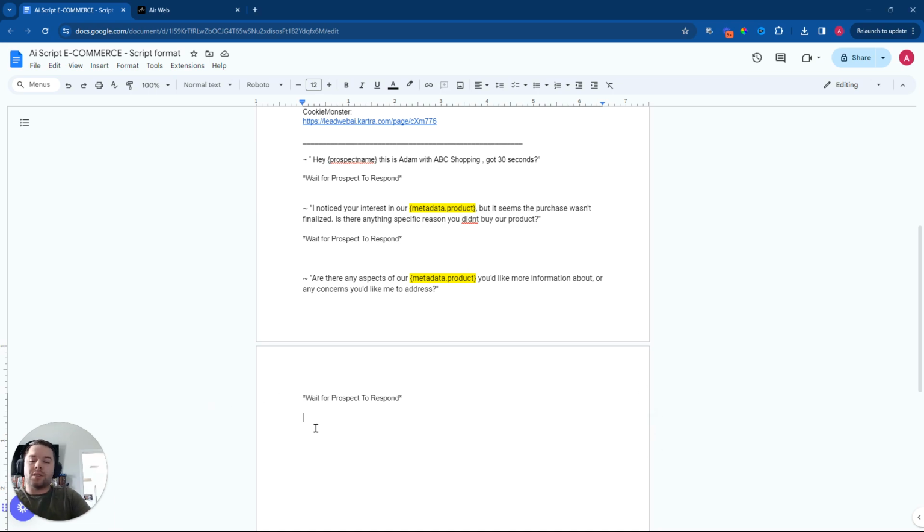Here we go. Now, this is the scenario that I was mentioning earlier. There's 2 different questions. Based on our discussion, do you believe the product best suits your needs? Are you prepared to make a purchase, or do you require further details? So, you want to add this into 2 different questions. So you're going to hit enter, enter, enter, wait for prospect to respond,